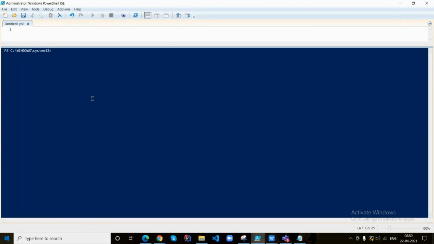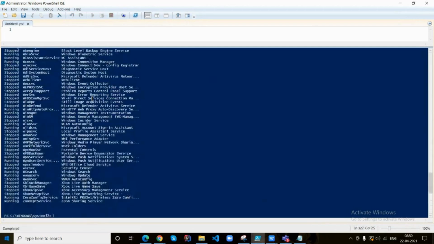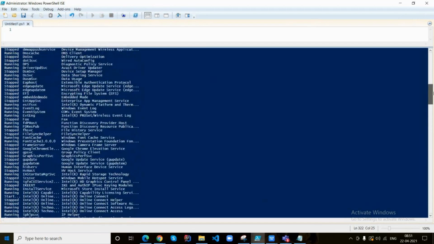Execute a command called Get-Service. Yeah, Get-Service, sorry, not Get-Services. Okay, so here you can see different services that are part of the system, whether the state is running or stopped or disabled. These are the different services in the system, right?